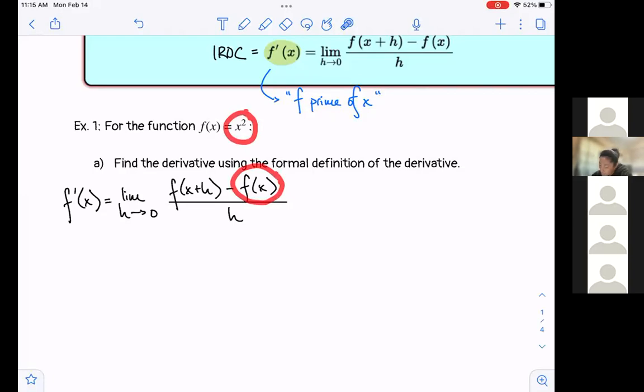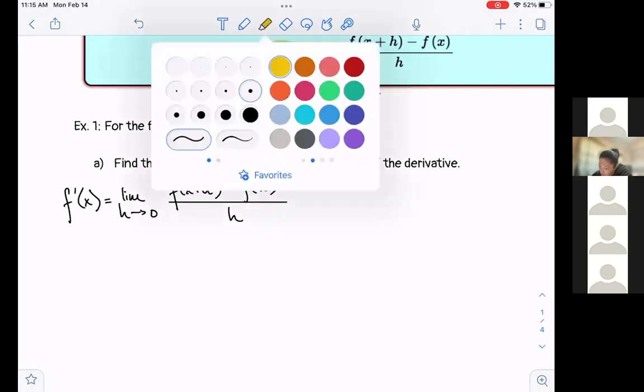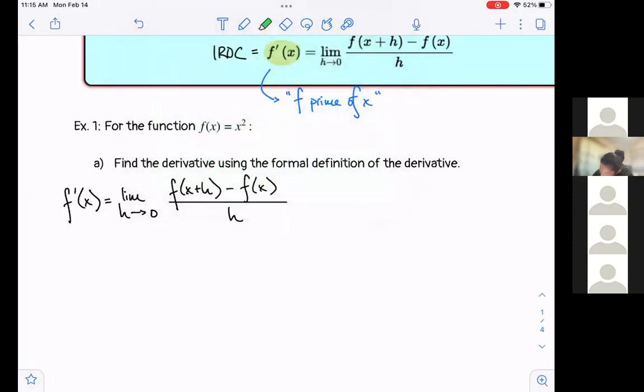Does that make sense? Everywhere we see an f of x, we're going to replace it with x squared because that's our function in this particular question. So let me go ahead and write that out. The limit as h approaches 0, minus